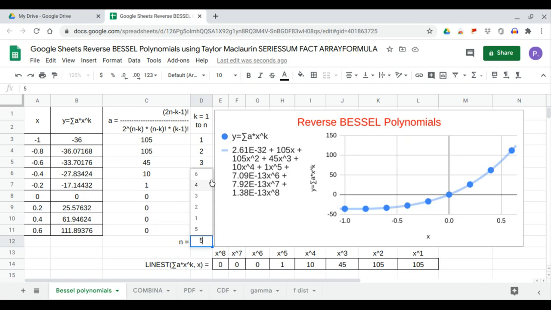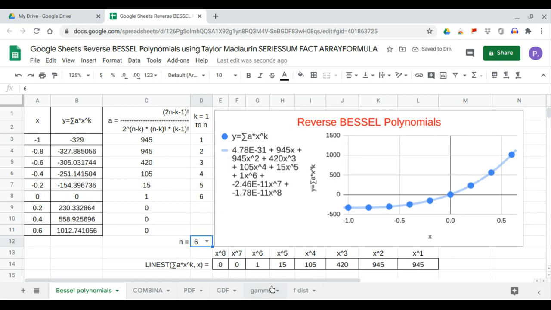And at n equals 6, finally, our values for y is 945x plus 945x squared plus 420x cubed plus 105x to the fourth plus 15x to the fifth plus x to the sixth, and the rest are 0. This completes the use of Taylor Maclaurin series sum to generate the dataset of the reverse Bessel polynomial, and the trend line or the linear polynomial regression to generate the trend line and the trend line equation of the reverse Bessel